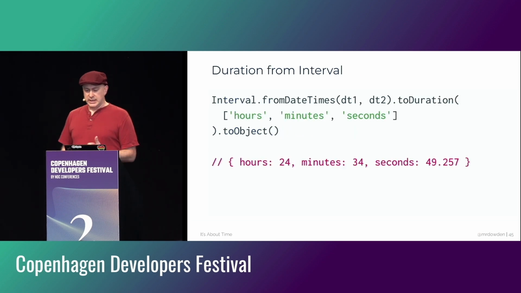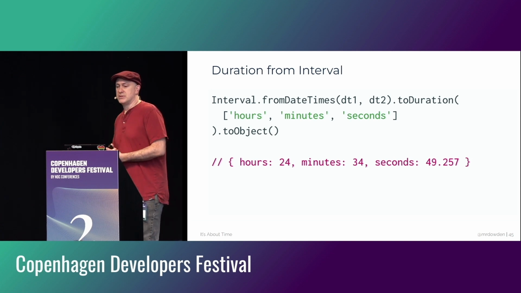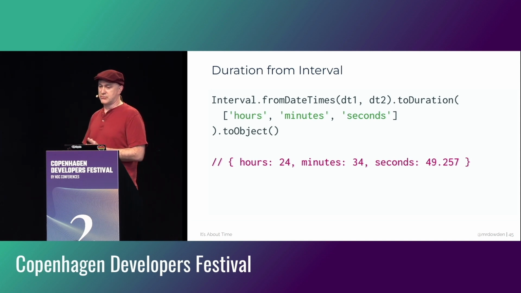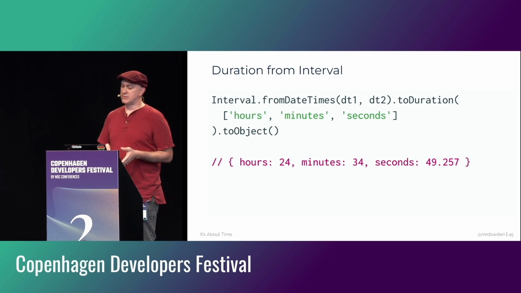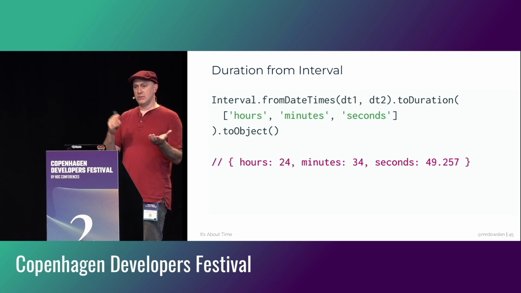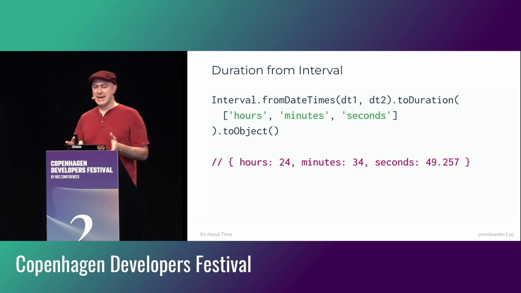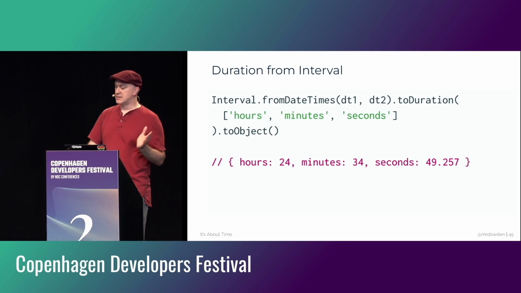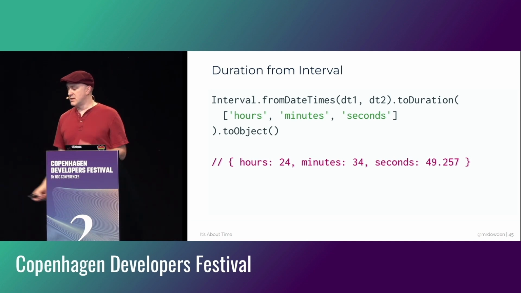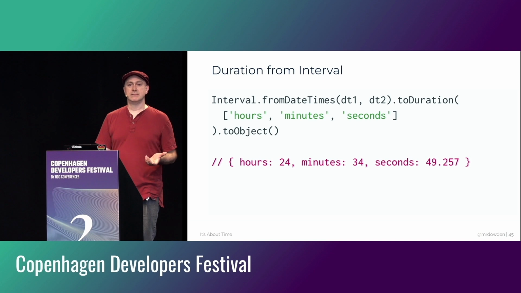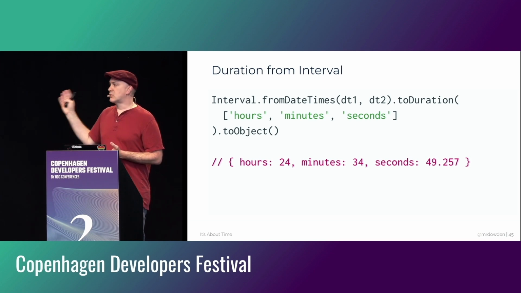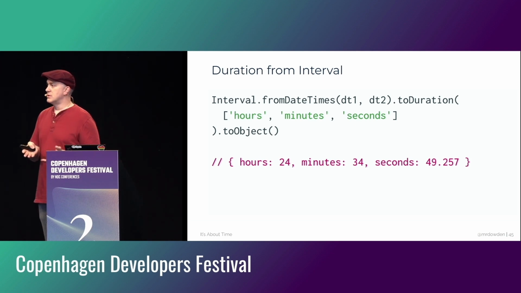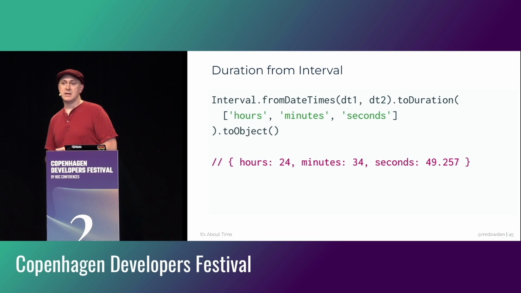This is how we can calculate the difference or the interval between two different date time objects. Effectively, we're creating the interval. We're saying date 1 to date 2, and then I can convert it to a duration, and it's going to return something that looks like this: 24 hours, 34 minutes, 49.257 seconds. That is a really great output for us to hand to our users, something that our users can understand, and